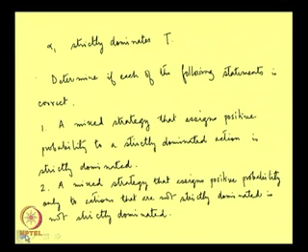Okay, now let us look at the second problem, this one. A mixed strategy that assigns positive probability only to actions that are not strictly dominated is not strictly dominated. Now, here our conclusion is that this is not a true statement, it is a false statement. When we are saying that it is a false statement, we have to give an example why it is false. So, that will be sufficient. So, let me construct an example.